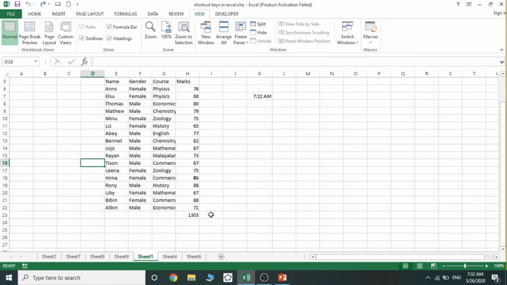We already know that to go to the next cell, we just press the Tab key. But coming back to the previous cell is possible by pressing Shift plus Tab.